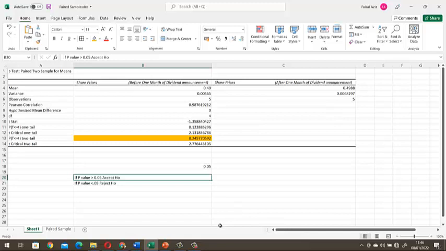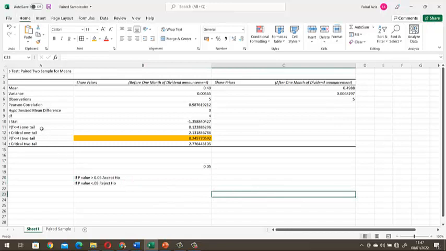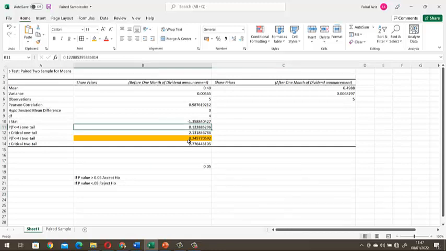I hope this way you would have understood how to apply the t-test. Similarly, if you want to use a one-tail t-test, you can use the one-tail value. We have a concept of t-calculated and t-tabulated. If the calculated value is more than tabulated, then it will fall in the rejection region, so the null hypothesis will be rejected. If it is less, then it is accepted. But here, since I was not concerned with whether it is more than 0 or less than 0, that's why I've used the t two-tail test value.